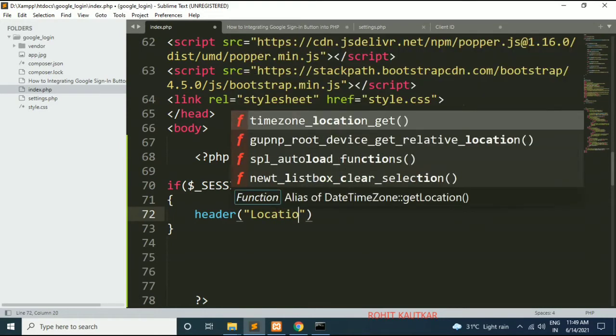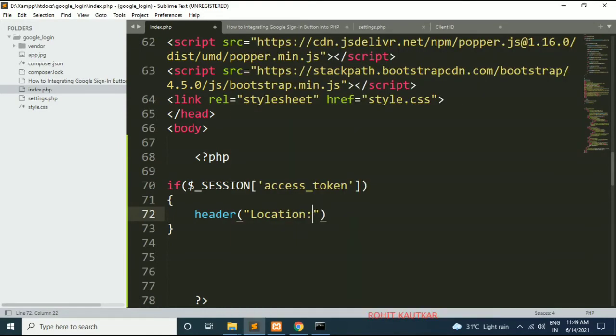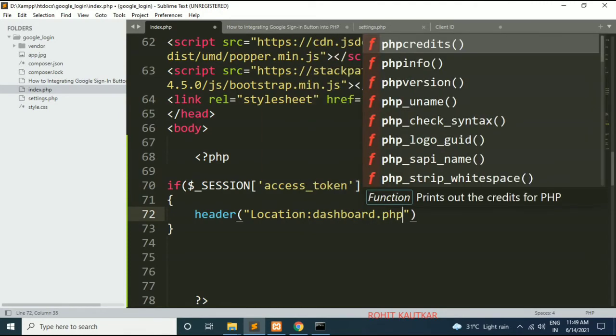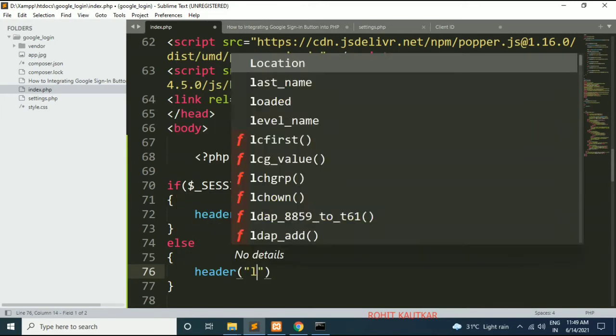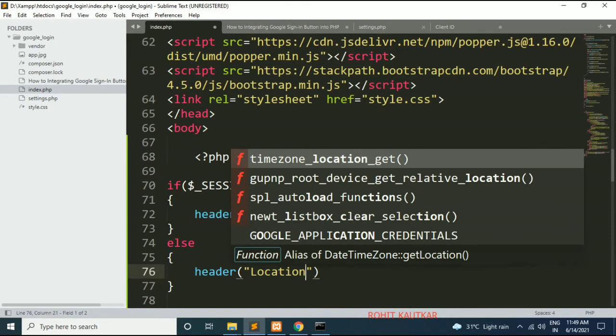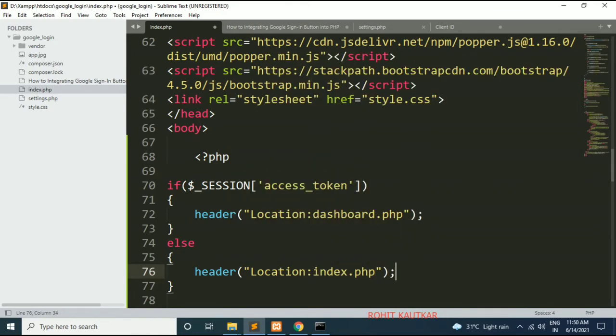So I will write here location dashboard.php. Okay, else we will redirect him to the same web page. So I will write here header and we will specify location index.php like this.